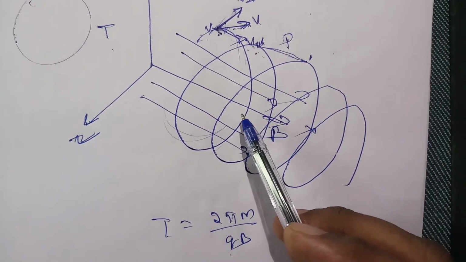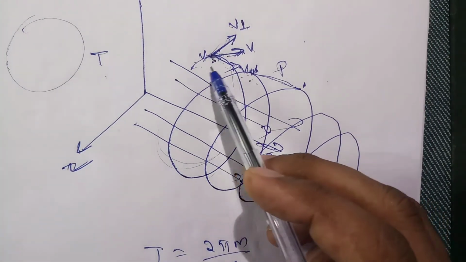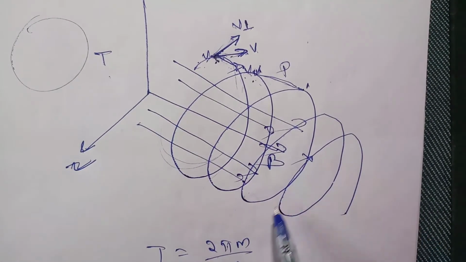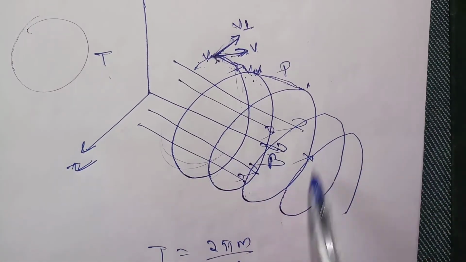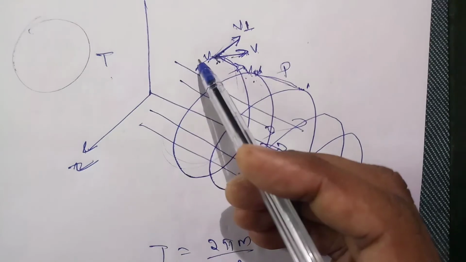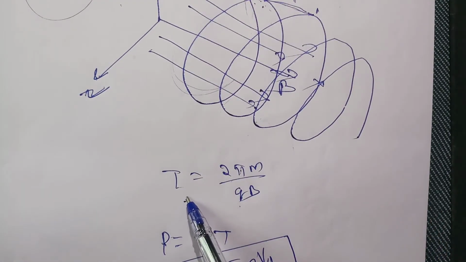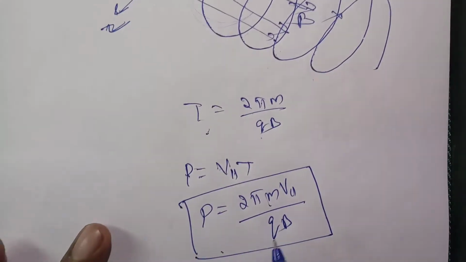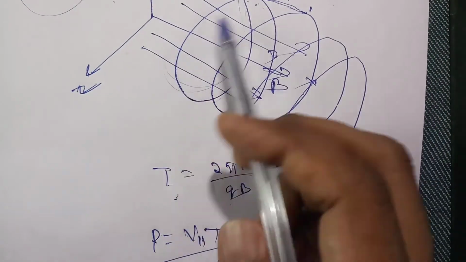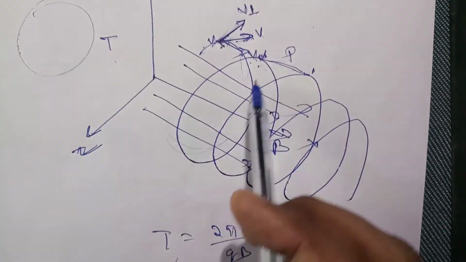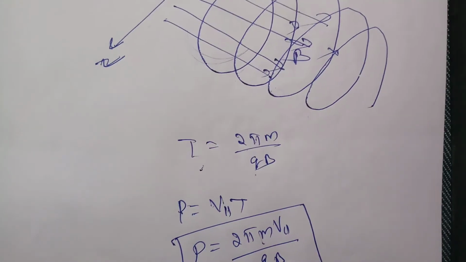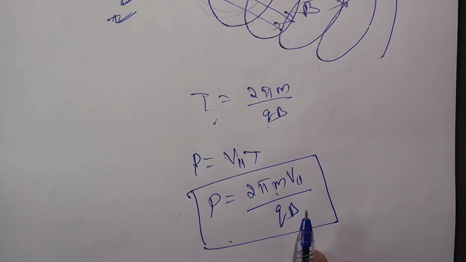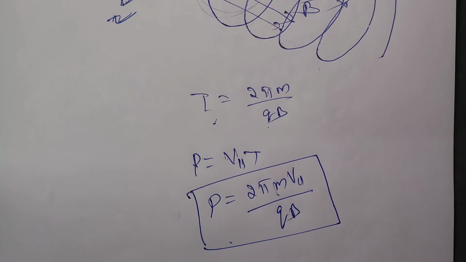So this point is very, very important. If the charged particle is not entering perpendicular, it will move in a shape like a spring, or you can say in a helical shape. When it completes each round, it will take a time period. If you multiply the velocity component parallel to the field with that time period, you will get the pitch. The pitch means in one circle how much it is moving from the previous position to this side, this distance. This is called the pitch. I think you understood this one. If you are not clear, watch this part of the video once more, then it will be clear.